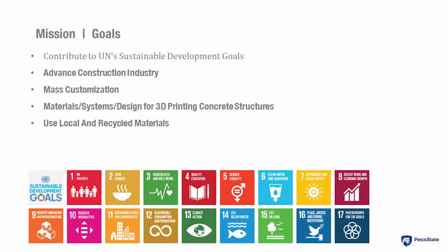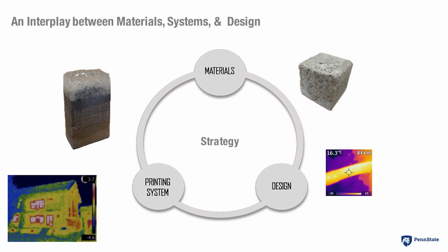We had been interested and continued to develop new materials and systems for 3D printing at large scale, and began to notice that the whole process really affects the process of design. So this is all prior to the competition. I was working on a seamless transition between geopolymer concrete and glass. I was thinking, what if we can seamlessly transition from concrete to glass gradually, so a graded transition, so that we could have structure where we need it, thermal capacity, because concrete is actually porous there, but when you unite it with glass,